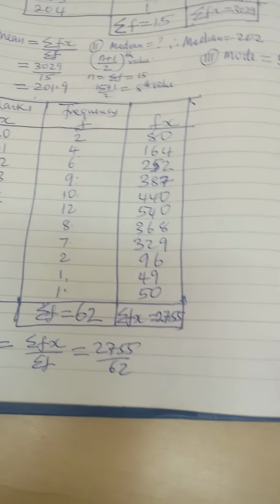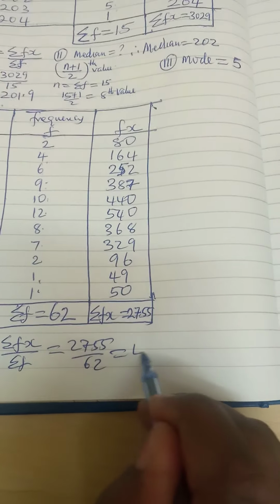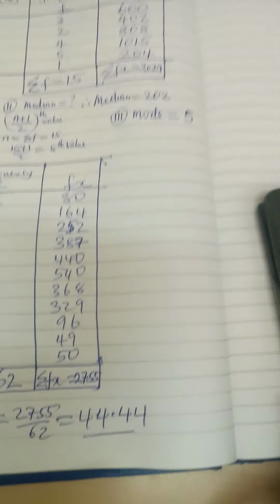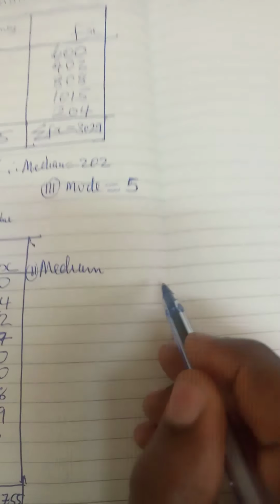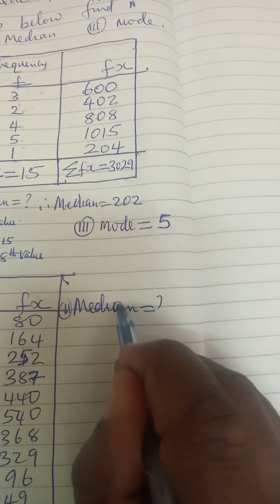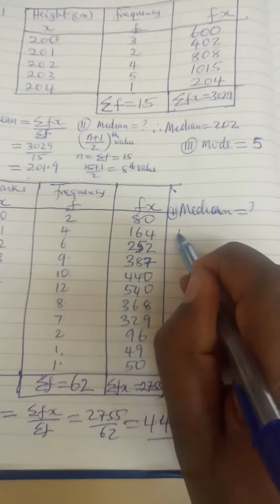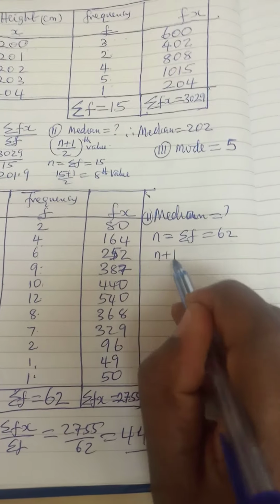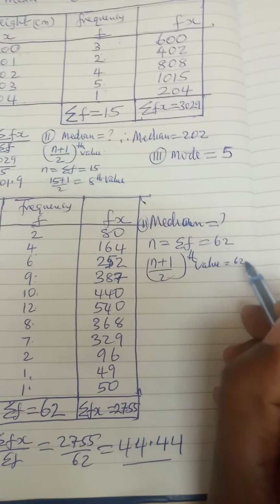divided by 62. You use your calculator once again, and you are not prohibited from using a calculator, so the mean will give you 44.44. To find the median, we look for n. N is summation of f, which is 62, and we look for n plus 1 out of 2. That value will be 62 plus 1 out of 2,